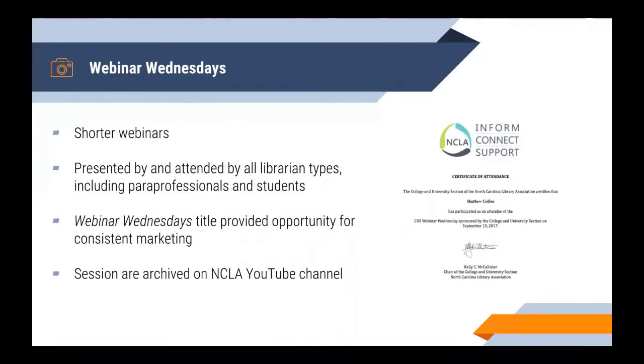But we did a needs assessment anyway, because in case I left and took my GoToWebinar subscription with me, the college and university section wanted to make sure that they had something that they could use. Thankfully, Appalachian State got Zoom, and we've been using that ever since. But like I said, if you've got somebody in your group that's already got access to a web conferencing system, go for it. But if not, definitely do that needs assessment.